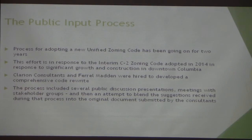They built that based on several public meetings, open meetings, and conversations with the consultants. So there was a lot of give and take. You could meet with those guys, and first maybe they'd meet with a neighborhood, then the Chamber of Commerce, then another group, and they'd write down all those notes. Then they put all of that together with what they had suggested, and that's what we got in 2015. Then some people looked at that and said, I think you're still missing something. So Clarion developed a memo, put that on top of it, sent that back to the city, and in May of this year, they came out with the revised Unified Draft Ordinance,